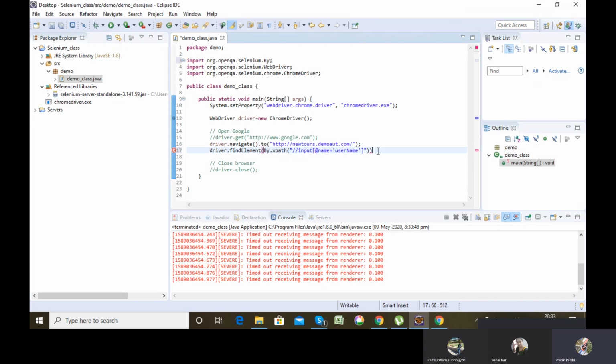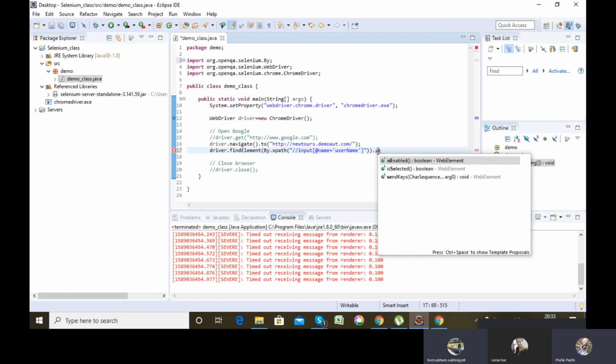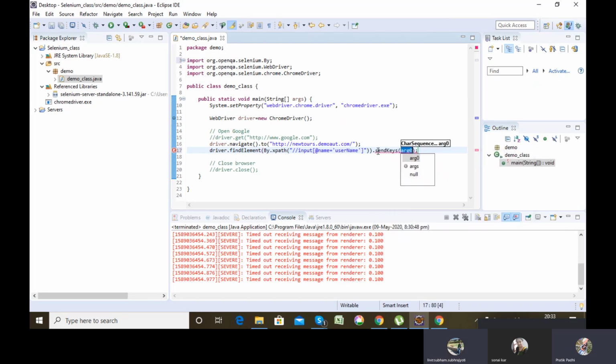In that particular web element, the operation we want to do is send keys, like entering a value. So you understood this line of code to enter a value to the web element?